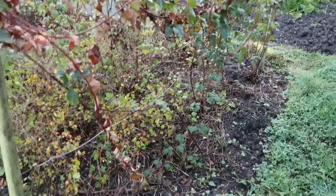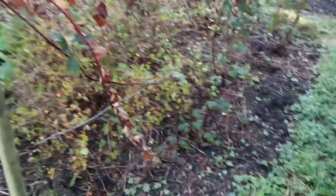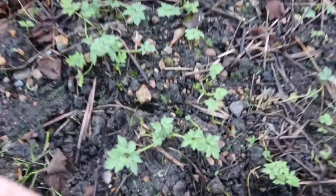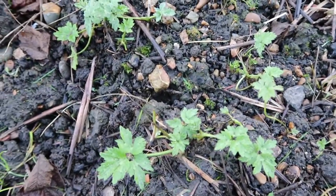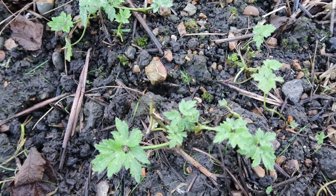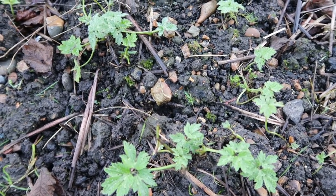I've been busy trying to weed the fruit cage, or fruit bed rather, as well. As you can see, there's a few that I've missed. My biggest problem on this plot has always been this stuff, which is creeping buttercup, and it's got quite a long root, but it also spreads by runners, so a bit like a strawberry does,